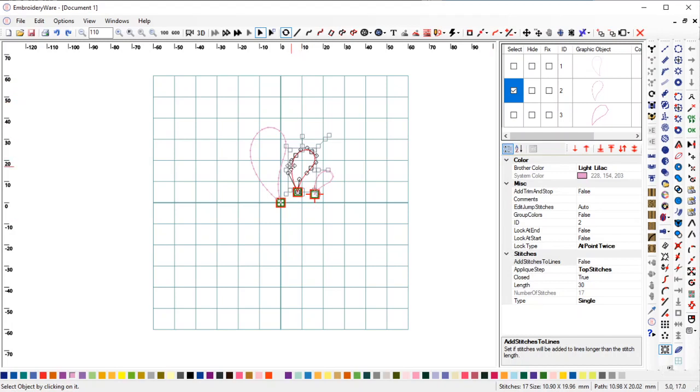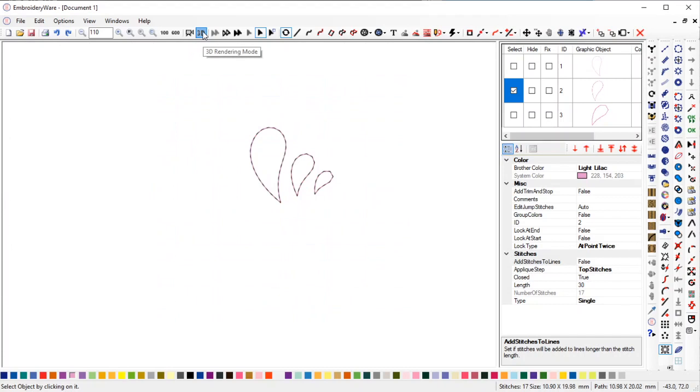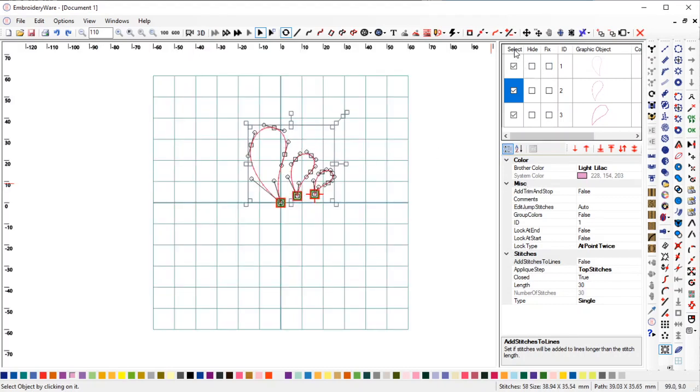And see what that looks like. Okay, that seems to be nice and uniform. So now what we're going to do is join these again using the join tool. I didn't do that right. Okay. And then